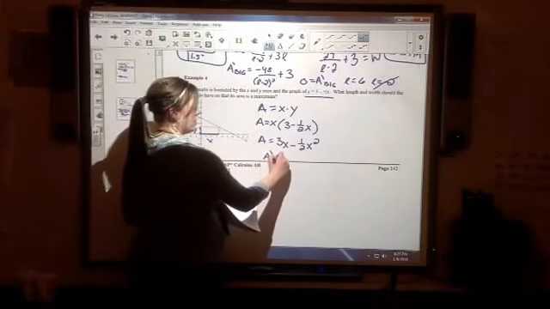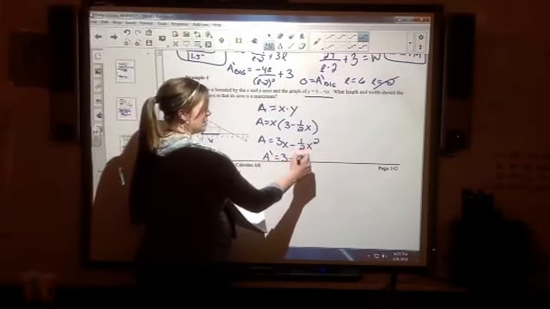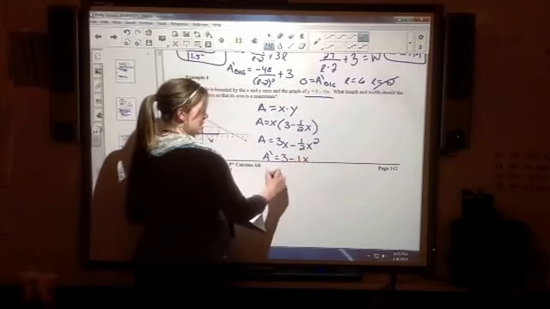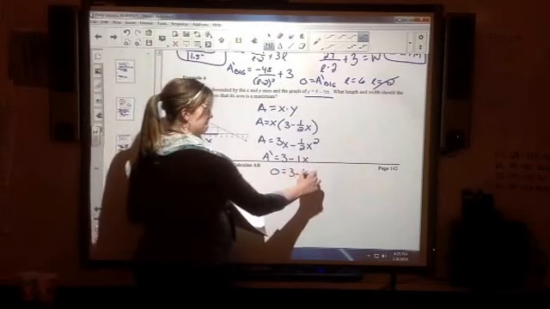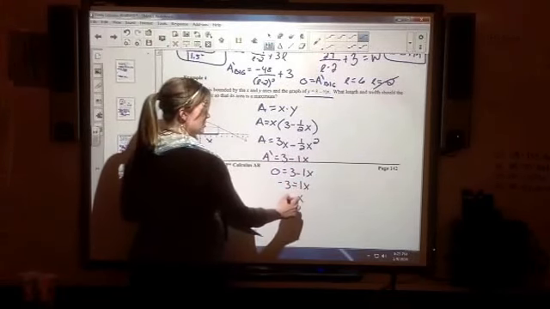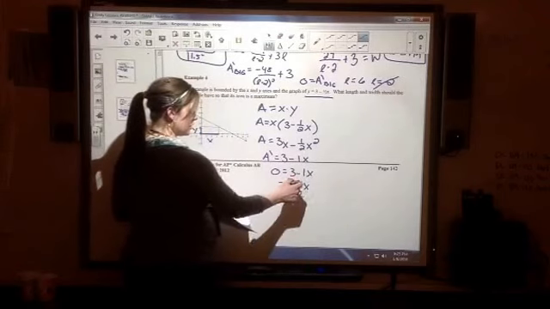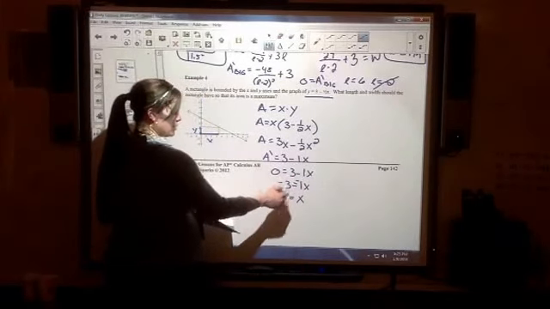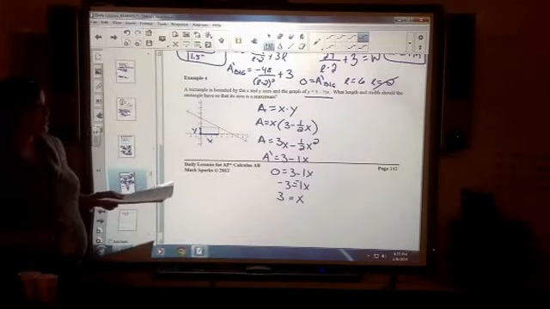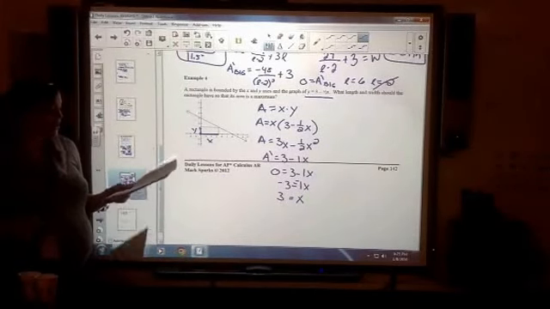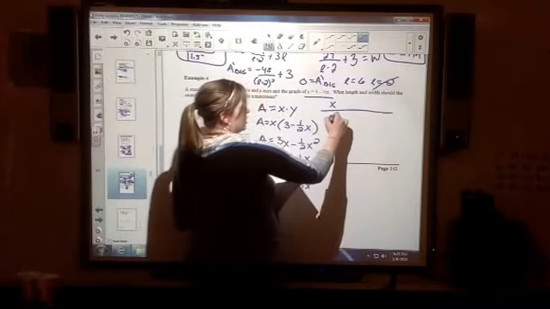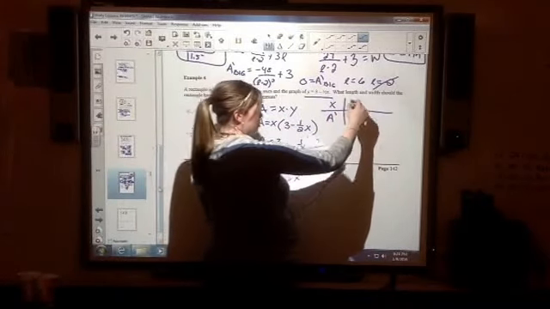A prime, 2 times 1/2 is 1. I can set this equal to 0. Okay, x is equal to, oh sorry, this should be negative. So x is equal to 3. So x is equal to 3, but I want to make sure that I answer the question. And by the way, if you do this, you can see it's the only value on here. But if you plug this in and you go